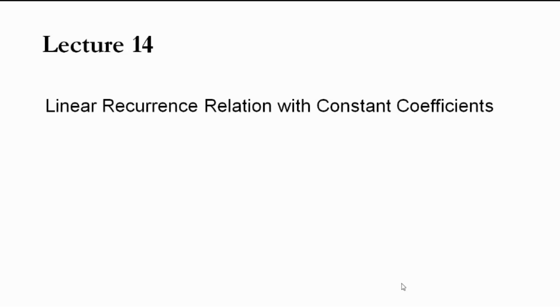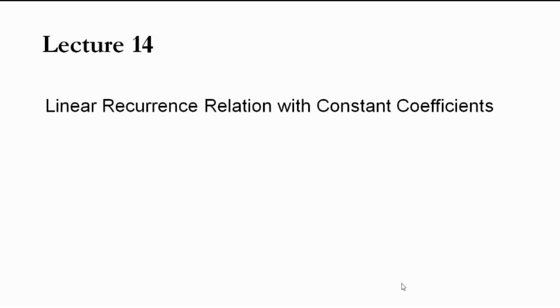So, linear recurrence with constant coefficients. If I say the Fibonacci series, Fn is equal to f of n minus 1 plus f of n minus 2. Here is a linear constant. What is the constant here for the f of n minus 1? 1. 1 into f of n minus 1 plus 1 into f of n minus 2. So it's a constant, and this growth rate is also in a linear fashion. This kind of thing is a linear recurrence relation with constant coefficients.